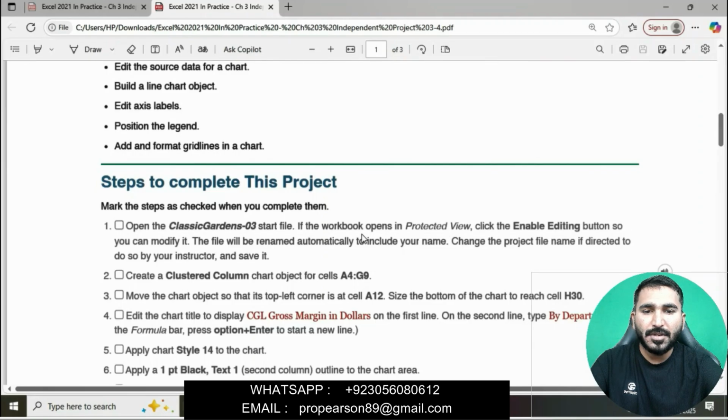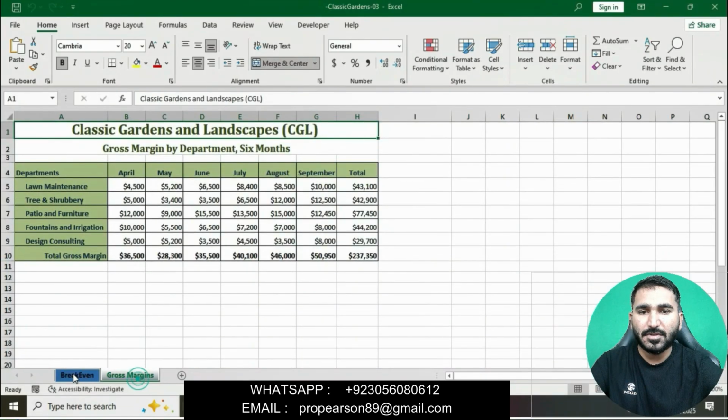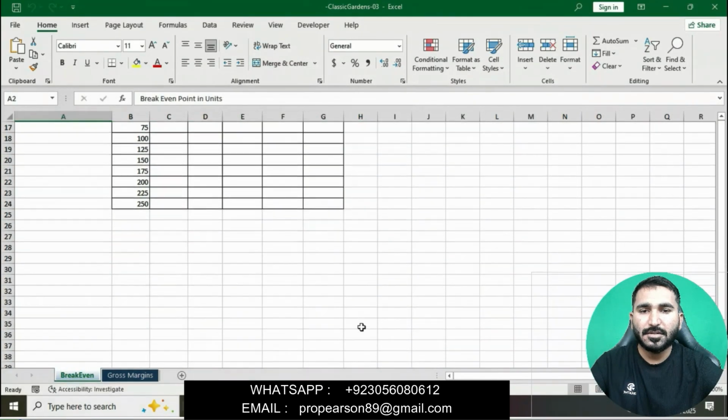The file will be renamed automatically. Change the project file name to include your name if directed to do so by your instructor, and save it. Basically in this question we will open the Classic Garden 3 start file, click on it, and then enable editing.